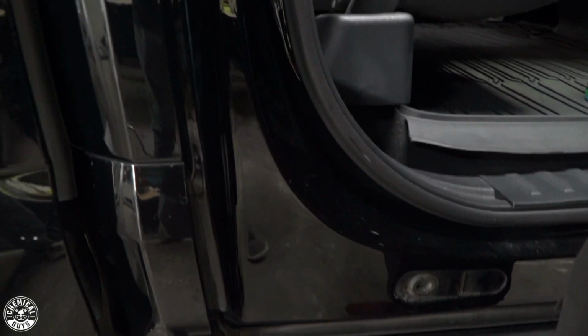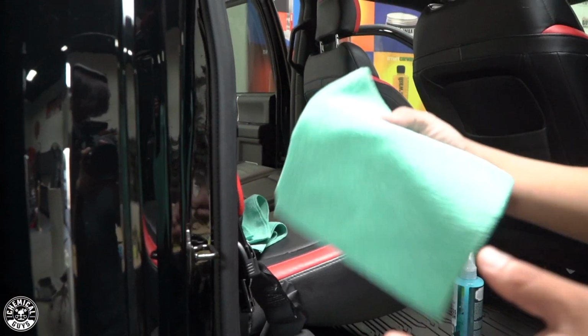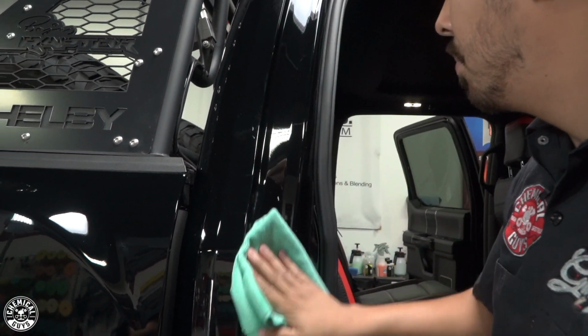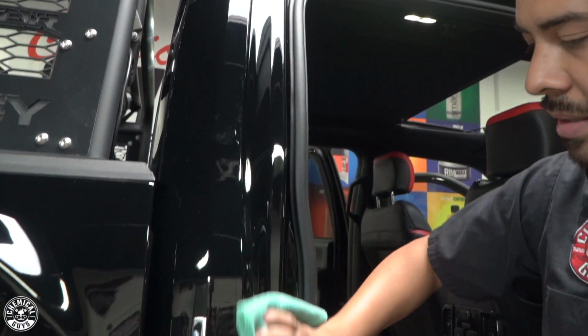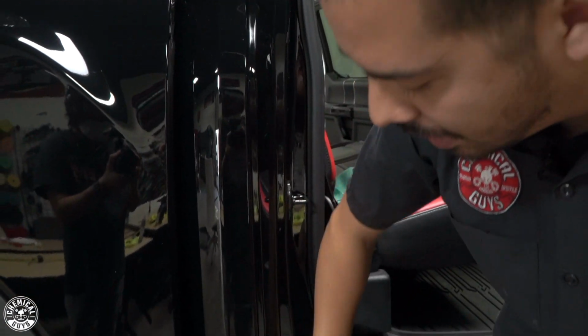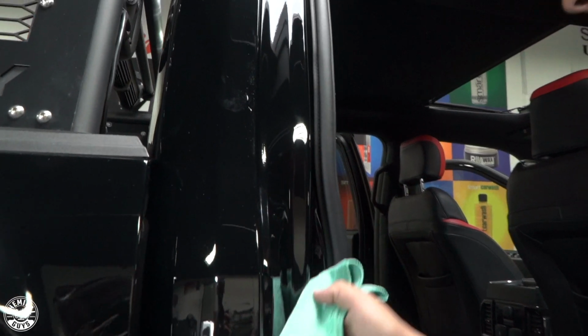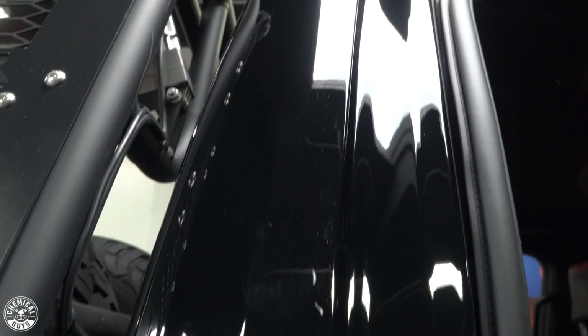And then one thing I like to do afterwards is I grab myself a dry microfiber towel, a separate one. You can use the opposite side of the same towel that you're using, but I usually like to dedicate a separate towel just for picking up any residue. And that I'm going to use to pick up any remaining product that's on there, any kind of leftover grime that I may have missed, and it's going to buff in that sealant that Swift Wipe contains. And just like that, very easy, very quick, you get yourself some nice, clean and shiny door jambs,